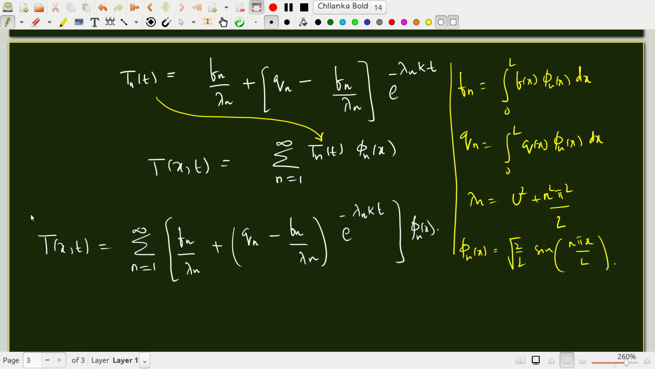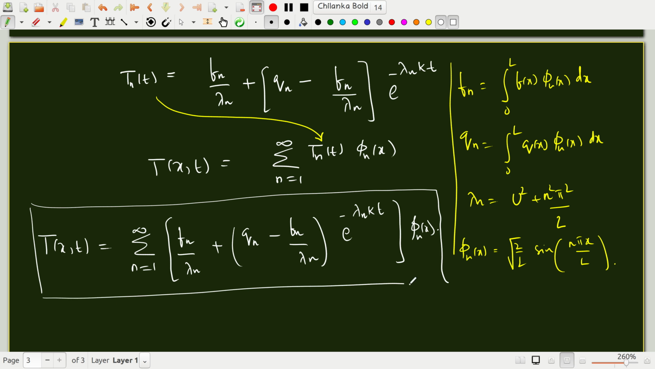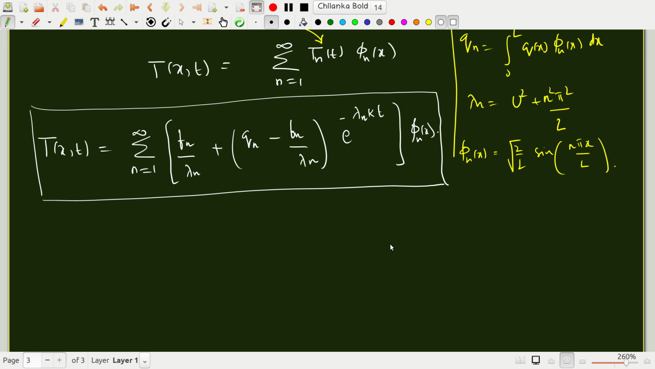Okay, times phi n of x. This is the solution using the method of eigenfunction expansion, or what you may call finite Fourier transform. Now as t goes to infinity, at large times, all these terms will decay because all the lambdas are positive, and you have e to the minus lambda t, so you will get what is called the steady state limit or the steady state solution, which is T of x as time tends to infinity, is nothing